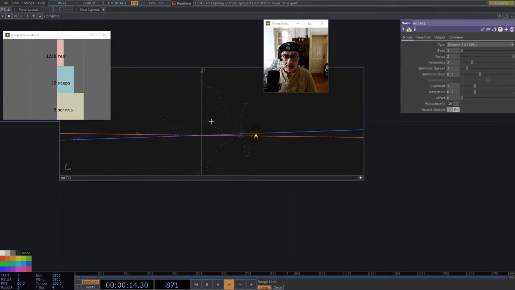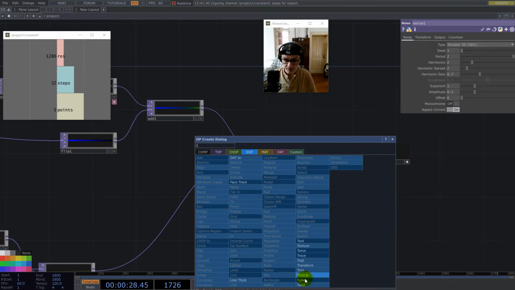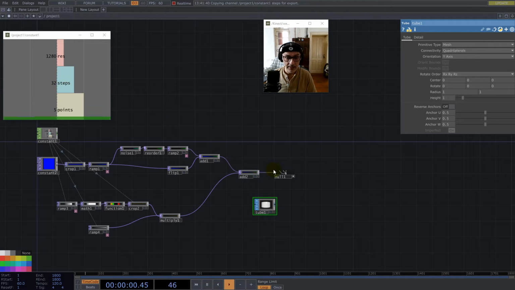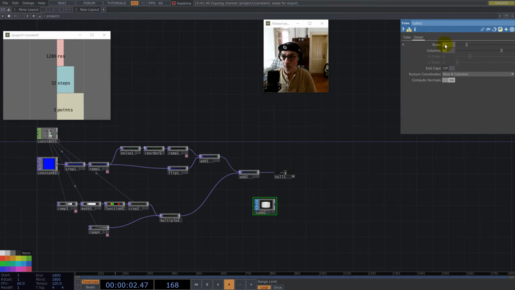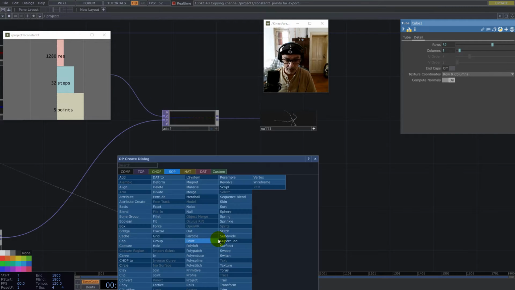And those points, I would like to use them to switch some points that are already in a 3D shape, and that shape is a tube. So let's go with the tube. Okay, and for the rows we take steps, and for the points we take columns. Okay, now if we take a CHOP 2,